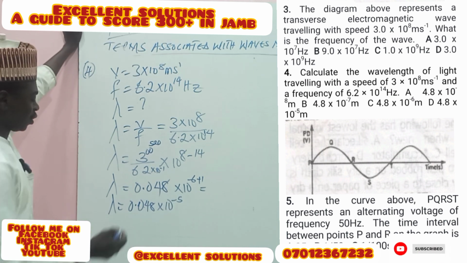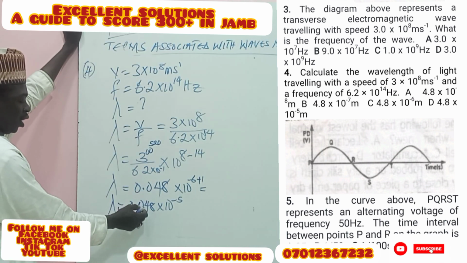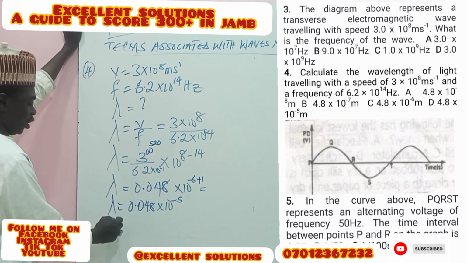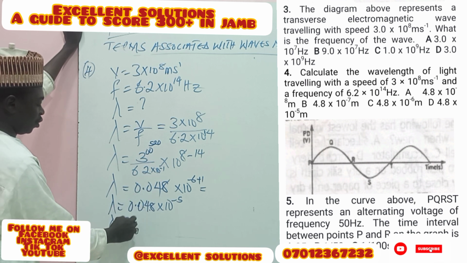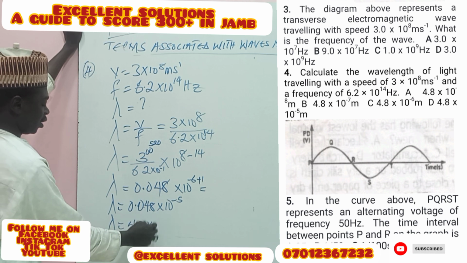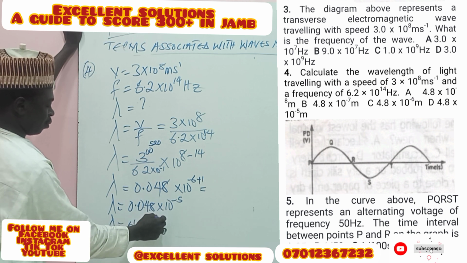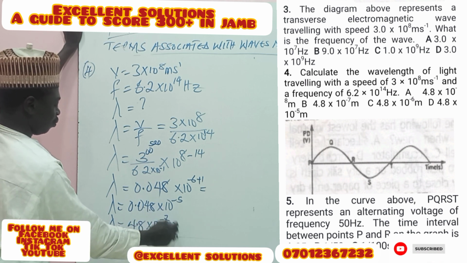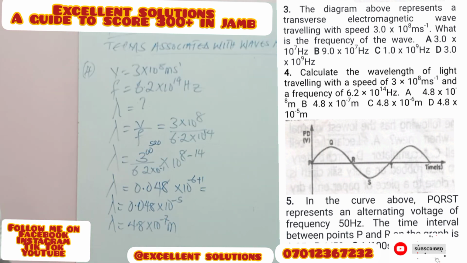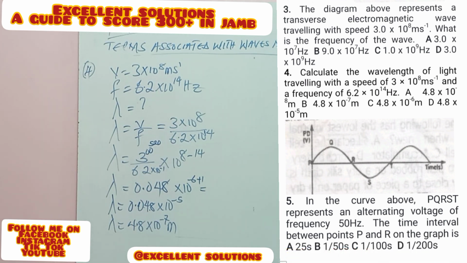So if we now have minus 5, we check this point, 1, 2. So this now becomes lambda equals 4.8 times 10 raised to the power of minus 7 meters. And if you look at our options, in option B, we have 4.8 exponential minus 7 meters,